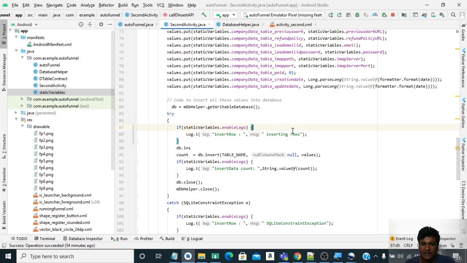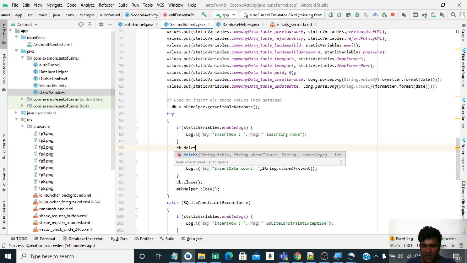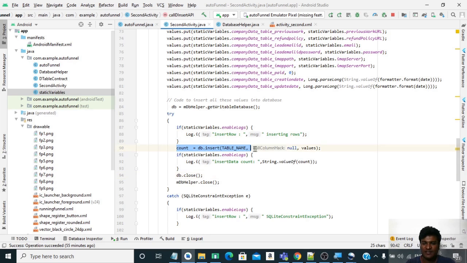So there are different kinds which can be seen over here, but now we are just using the insert statement. As we are doing the insert, in a similar way we can do the update, and then we can also delete. They have different arguments. You have to understand the meaning of them. We will talk about it. As of now we are just inserting it, so we are just saying db.insert, and this returns a value